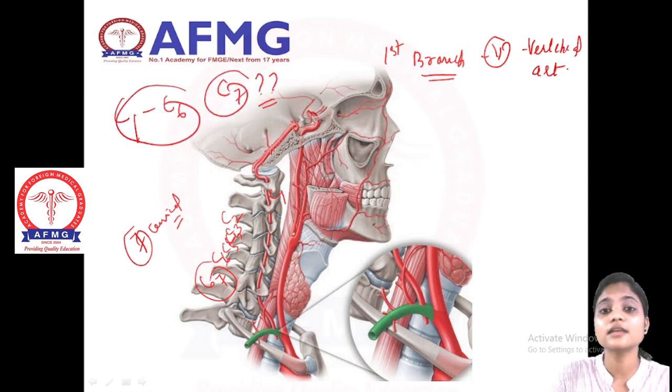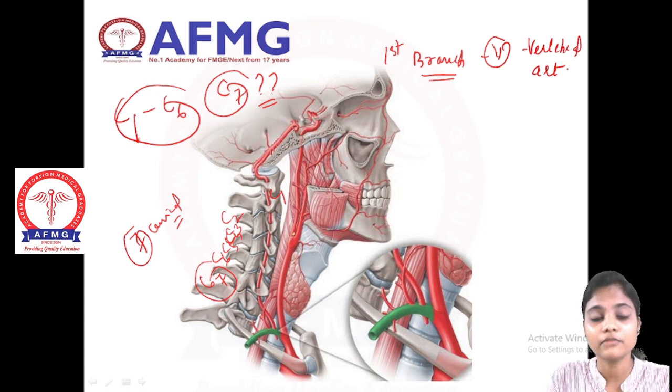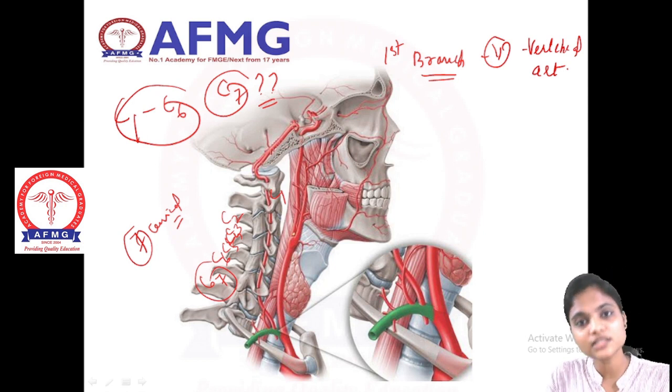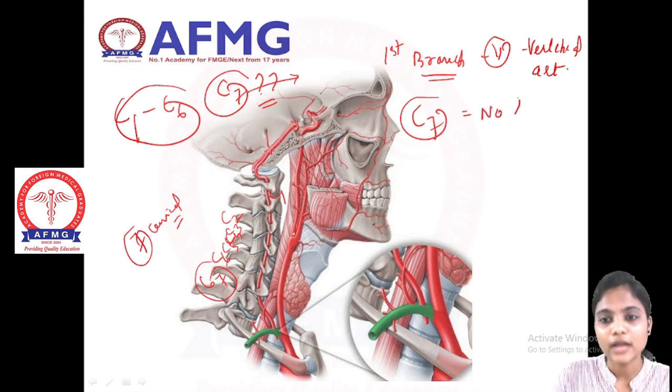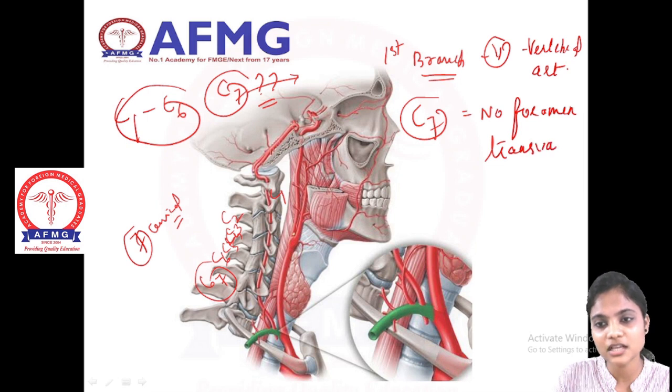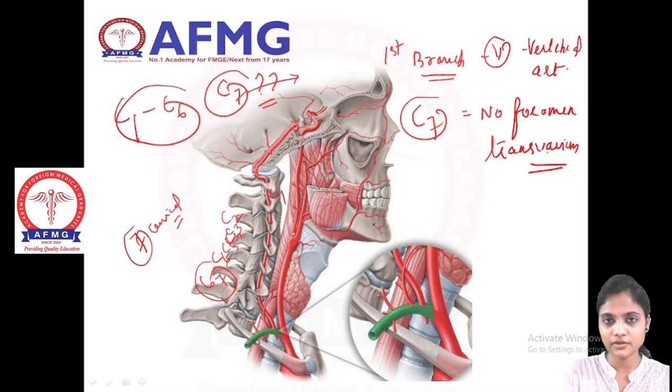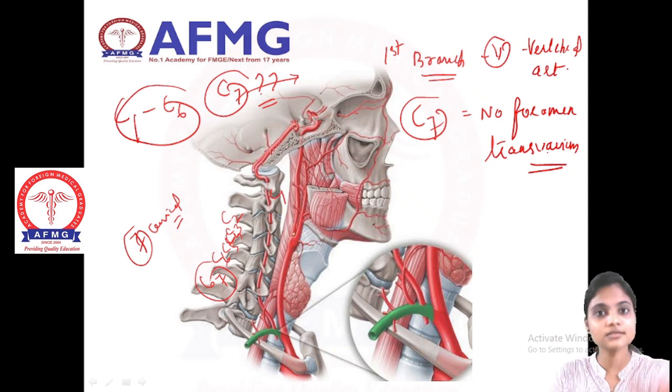Why? It is a kind of anatomical variation of bone also, which covers the arterial supply. Why? Because in the C7 vertebra there is no foramen transversarium. Clear? Please remember, foramen transversarium is not present in our C7 vertebra. So there is no place for our vertebral artery to pass by. There is no hole for our vertebral artery to pass through. So that is why C1 to C6 are the vertebrae where the vertebral artery passes. C7 has no foramen transversarium.